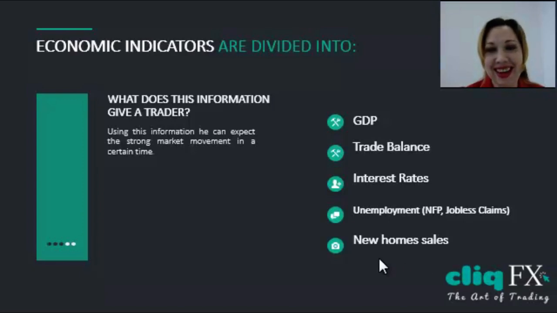And the last indicator is new home sales. This index represents the change in the number of newly constructed homes sold. It's an indicator of the economic health of the country. So if it's positive, of course, it grows, and we open a buy. If it decreases, we open a sell. So this is briefly about all the very important economic indicators that will surely affect the market and move